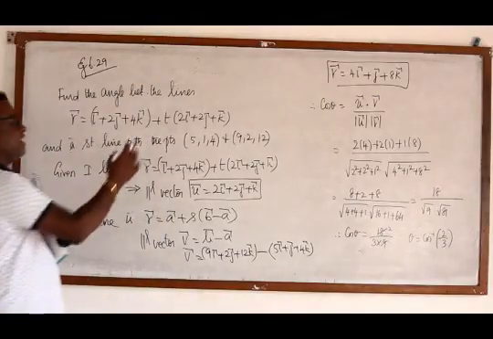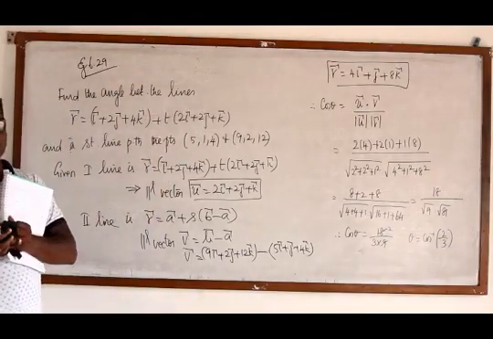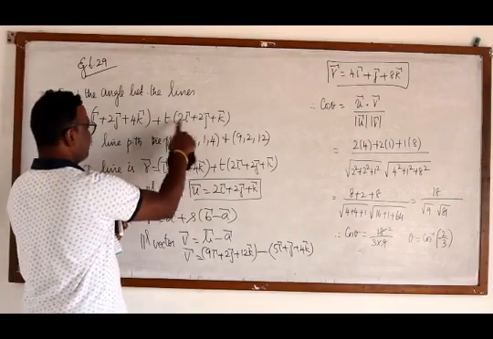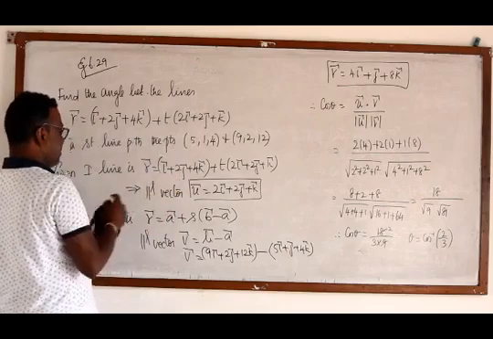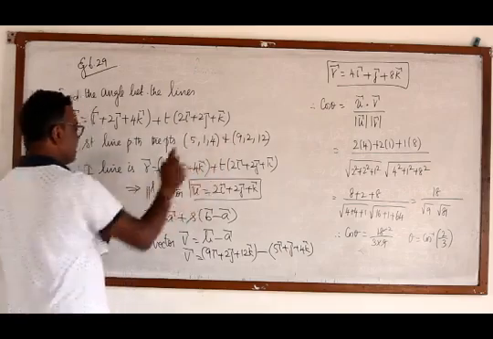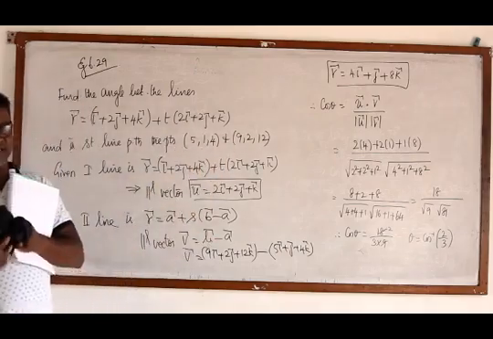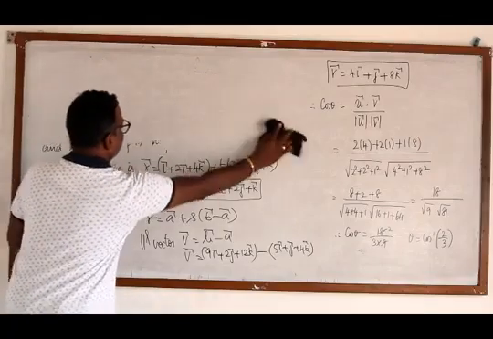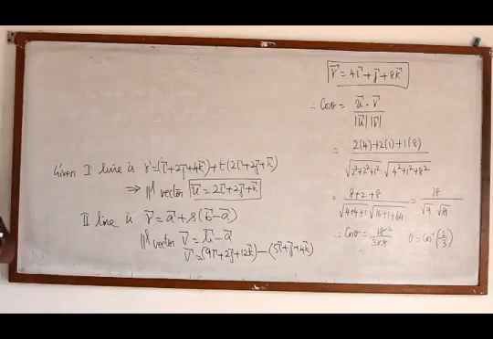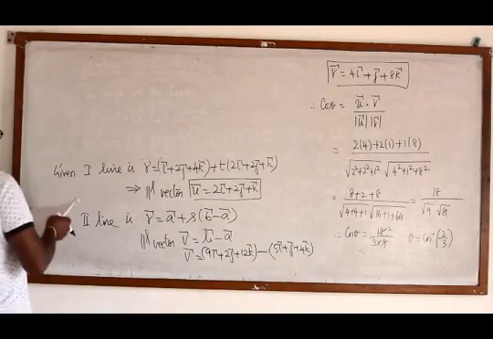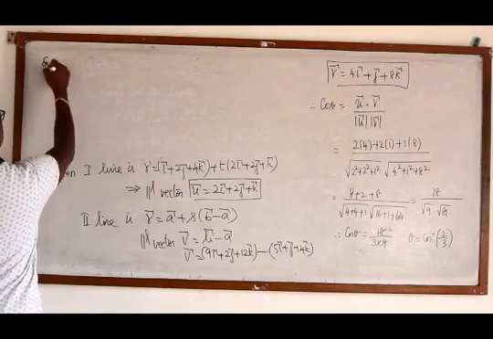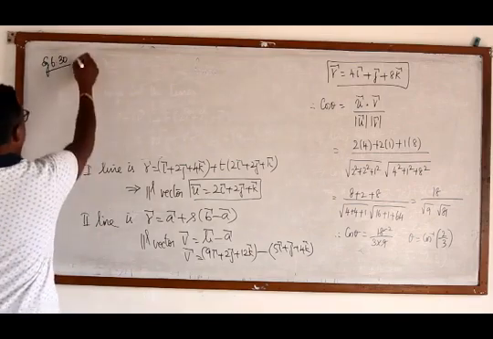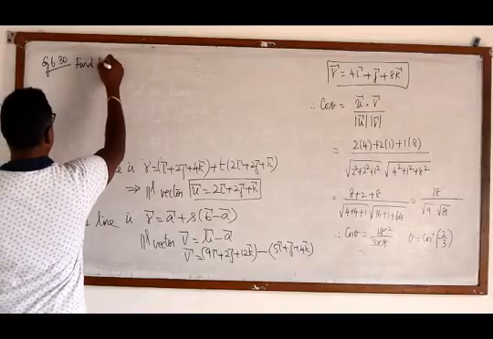We must identify what the vector on the line is. If they give the line in this format and the vector is coming with the scalar, then that one is the vector. If they give two points, then if I subtract those two, I get the vector. These are the vectors on the lines. So using the vectors only, we can find the angle between two lines. Now, example 6.30. Find the angle between the lines.